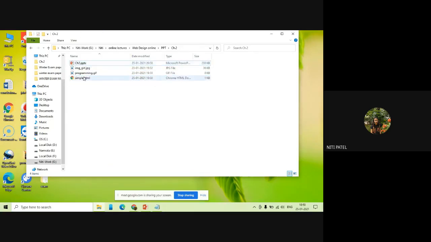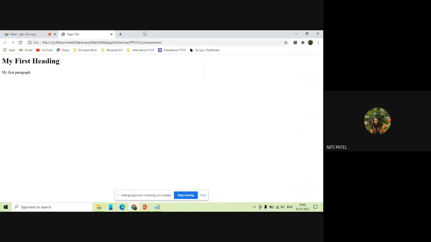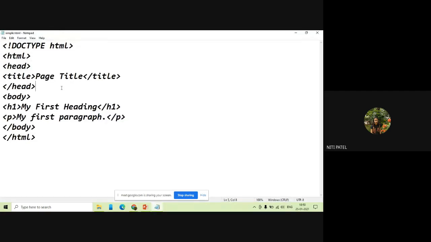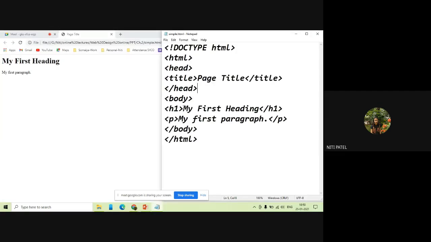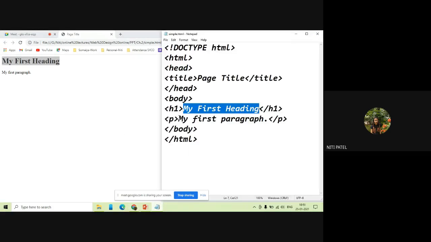Okay. So now if I want to run this, what am I supposed to do? Double click on that particular page. When I double click, see, you will get a browser. In the browser, your web page will open with a title called page title. Why? Because the title given to your program was page title. You had written only 2 lines inside your body. Which were those 2 lines? Let us just read. The first line was my first heading, so that is there over here. Along with that, you had also written my first paragraph, full stop. So that is also displayed.